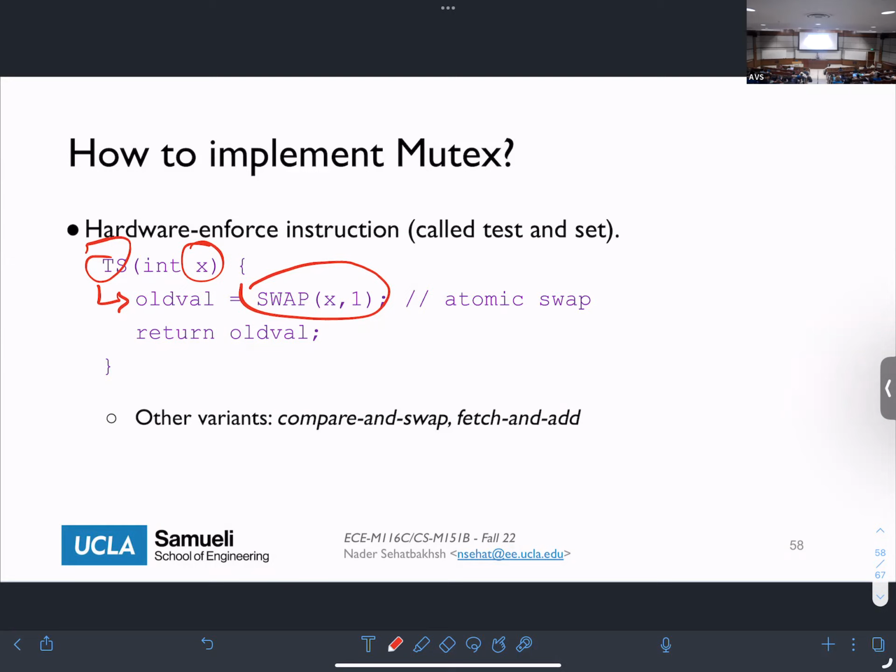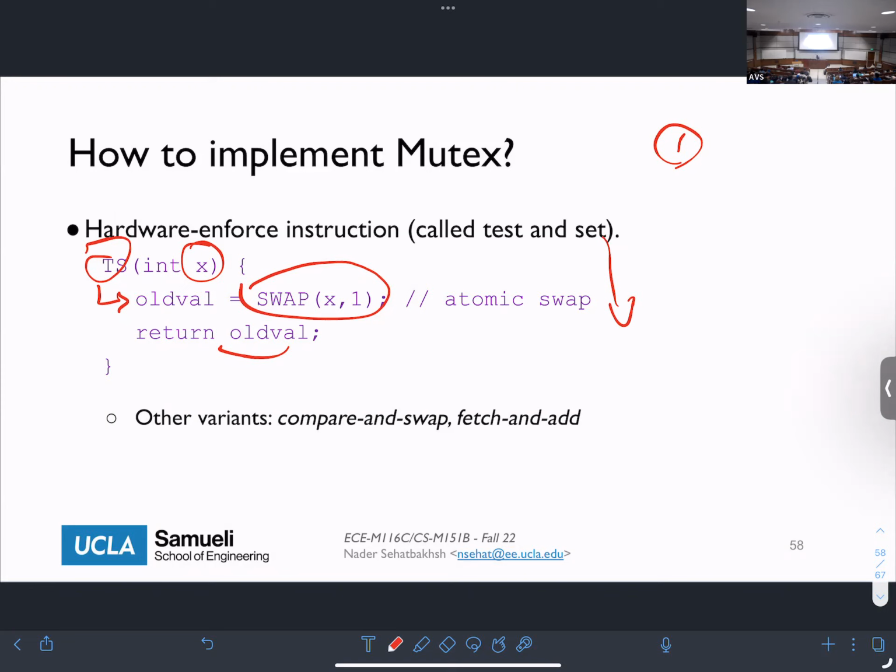But if the lock is equal to 0, that's when I'm going to do the swap. And the swap is atomic, meaning that only I can do the swap and the other cores cannot. And this way I get 0, which is the old value, which means that the lock is available for me, so I can acquire it. And at the same time, I write 1 to the lock so that nobody else can get that lock. Okay? So what really happens here in the timeline is that if I read 1, nothing happens because I'm swapping 1 and 1. So nothing happens. And I'm going to return 1, which means that, oh, the lock is already occupied. So just wait. So the busy wait that I was doing before.